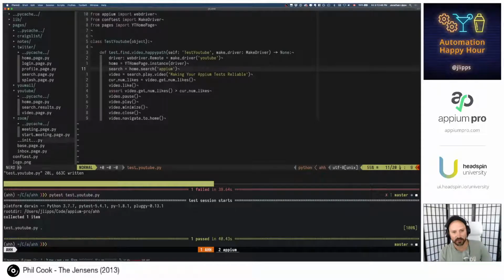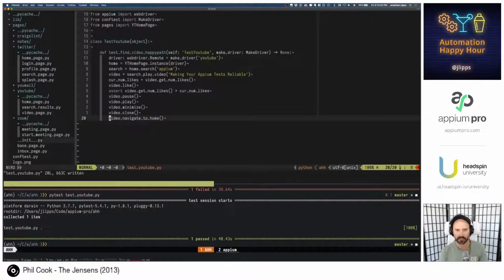And then once we did all that, we started filling it out with locators and with specific behaviors. We also got the idea to get the number of likes, write a function to get the number of likes so that we could make an assertion that the like was successful. And then we walked through a couple of the main controls for the player. And all of these, any one of these would have failed had the previous one not done its thing appropriately, I believe. And then we went back to the homepage. So this is a sort of happy path for YouTube.